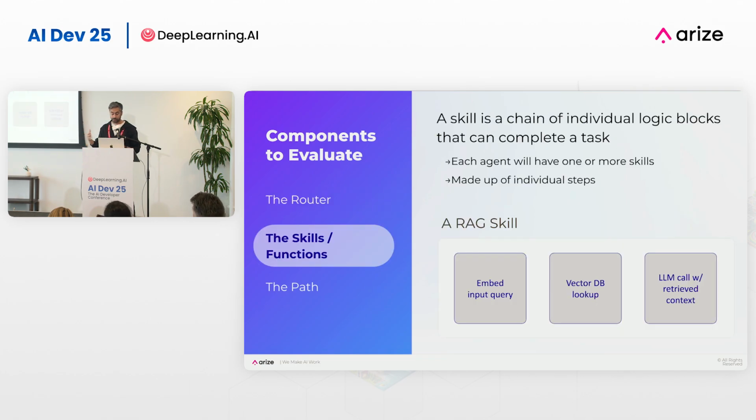Next up, you have the skills and the function calls, the API calls themselves. A skill is basically how you want to construct multiple API calls together, or a tool. In this case, a RAG skill might have 3 calls underneath it: embed the user query, do a vector DB lookup, and then use that retrieved context in the LLM call. You can construct all of this in a function call.